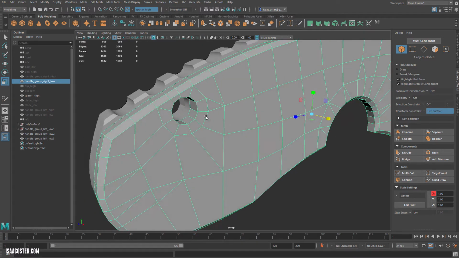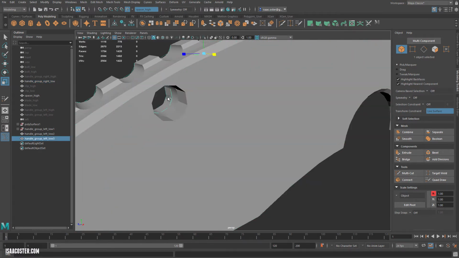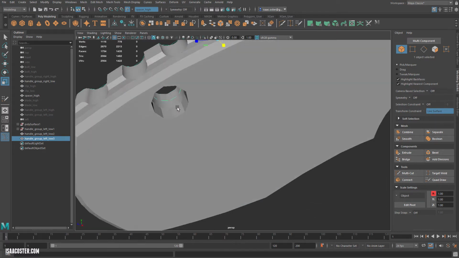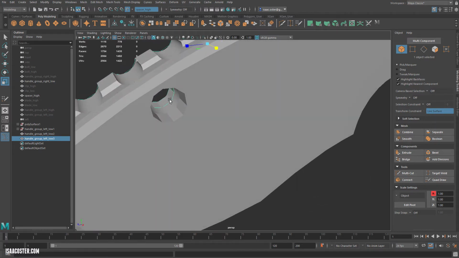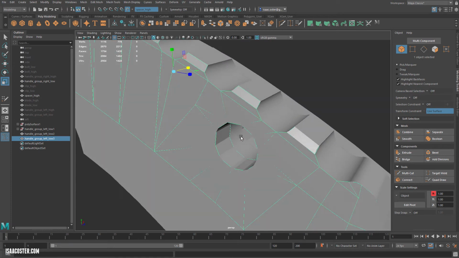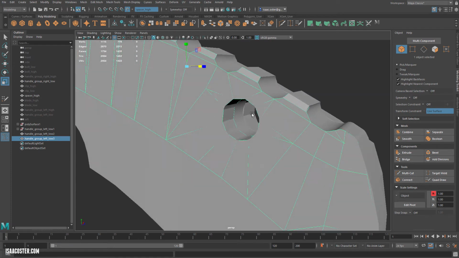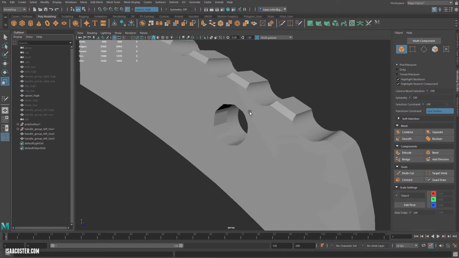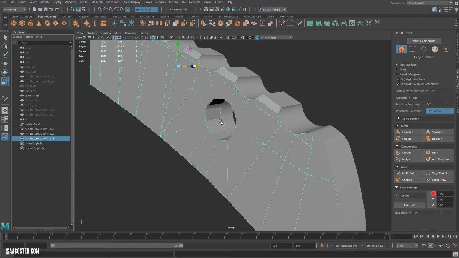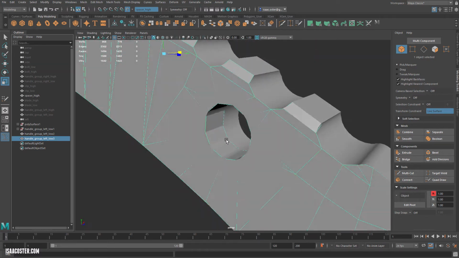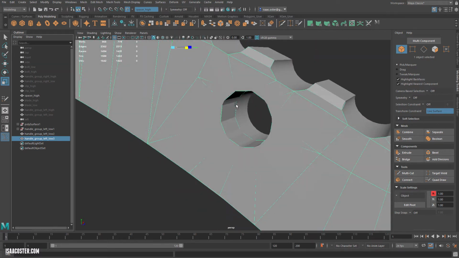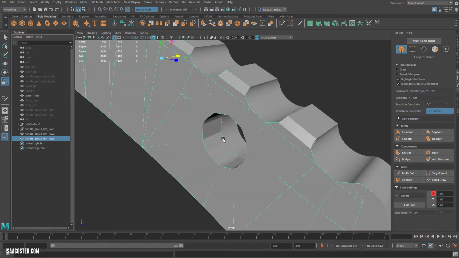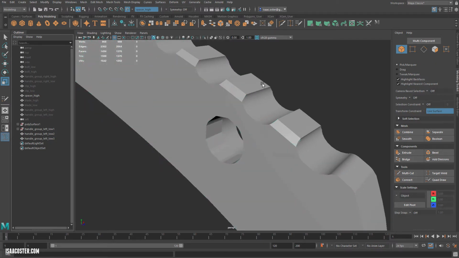So I want the spacer's retop to be the exact same, so you don't see some weird difference in roundness as you pass through. And it's also a little bit of a time saver. So I just grabbed the geo from the left side, duplicated that whole piece, and then deleted everything that I didn't need, and then just sort of screwed it in place. But I'm going to want to mirror it over, so I eyeballed it halfway over, and then I added an edge loop and deleted those other faces on the other side. So now what I need to do, let me hide the high poly,